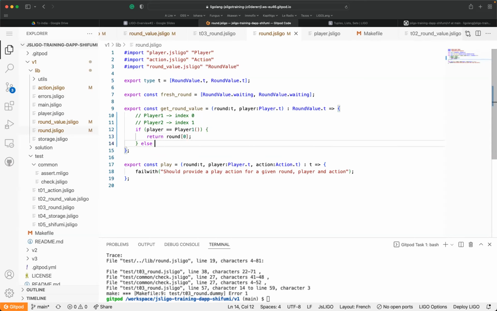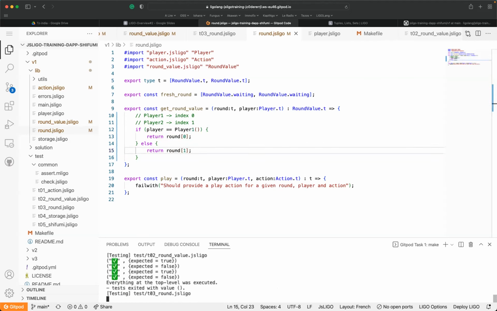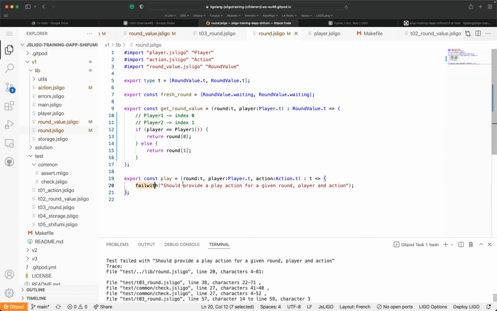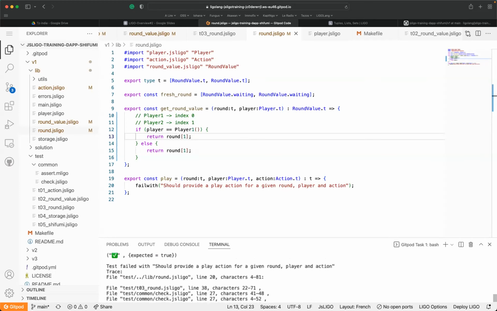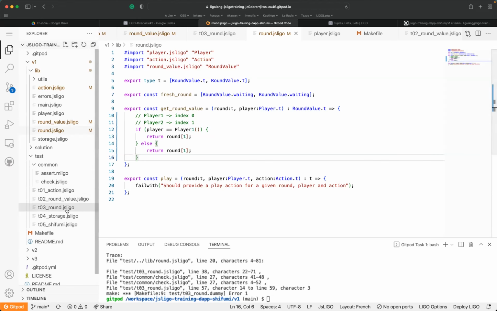Perfect. And otherwise, as you have two different approaches, I would like to have round 1. Well, this should be okay, of course. So here we have to implement line 20. So it means that this test is okay. Just to show you that the test is okay, I change it, and we should have a failure. Of course, we have no failure. And why? Because I'm stupid.